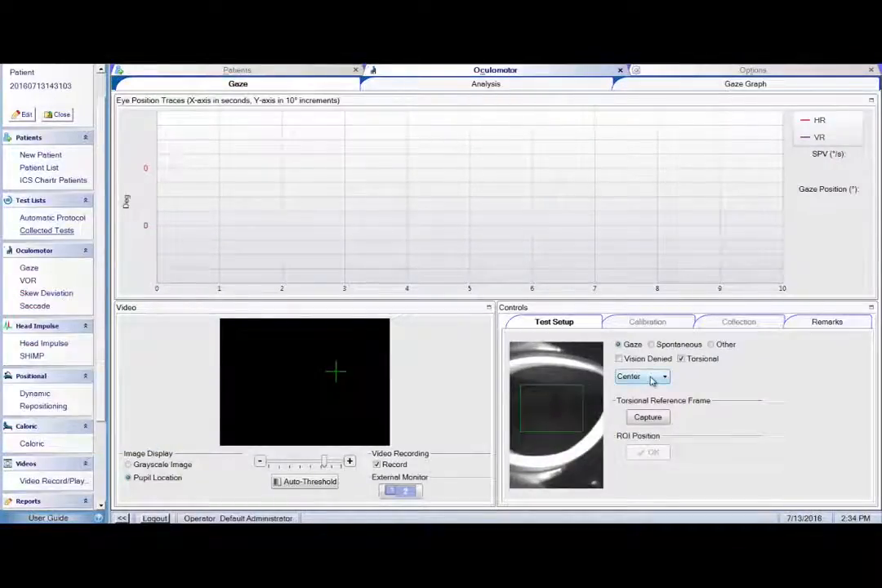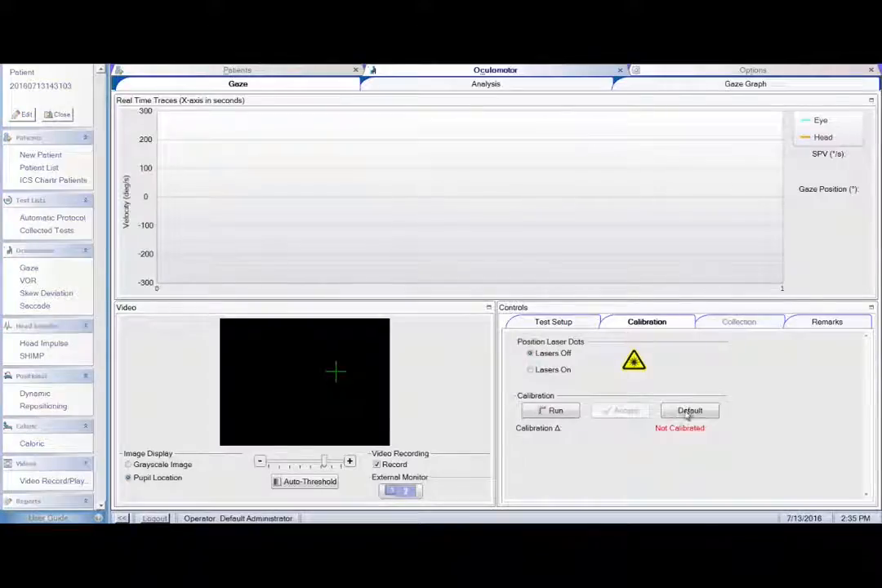Now the first time that I do the test, it is going to require that I capture my reference frame, because torsional was chosen in my test options. If you've purchased torsional, you would have that as an option. And the other thing is the first test, obviously I need to do my pupil location, and I also need to do my calibration. Now for each subsequent test after that, we'll take the default on